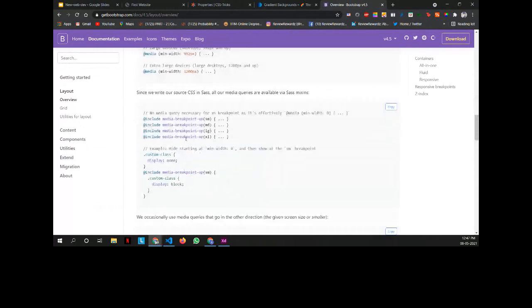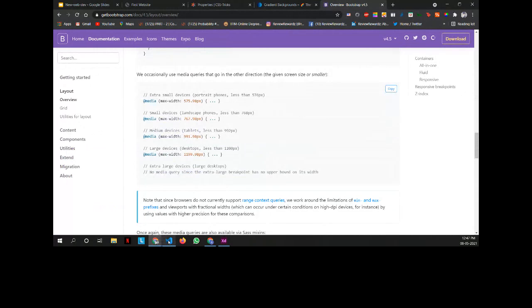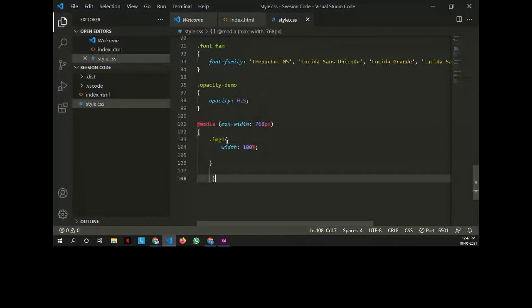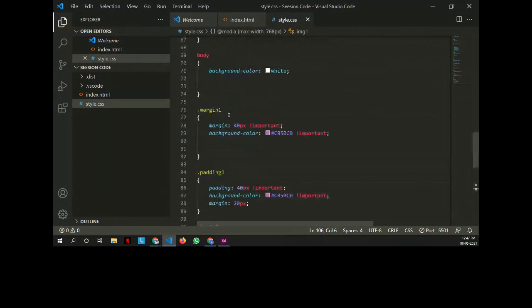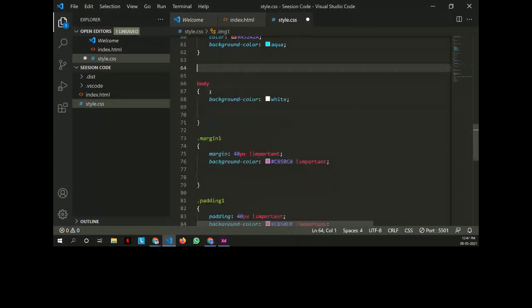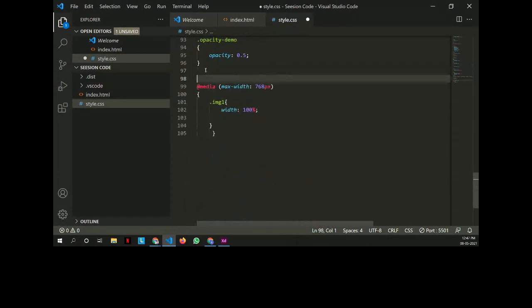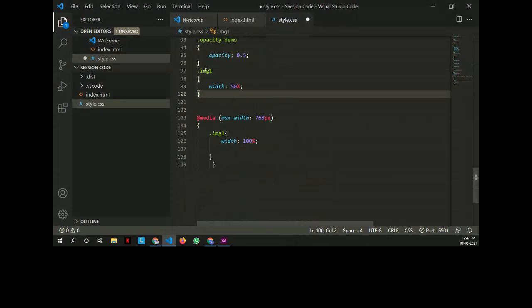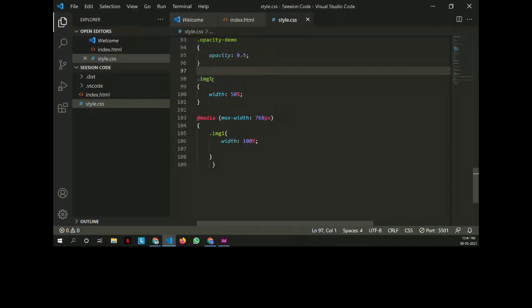So now show the code once. Okay, yes. I'll just copy paste the image tag here. This is the image tag here for normal desktops, and this is the image query here for devices like mobile phones. These are the two differences here.